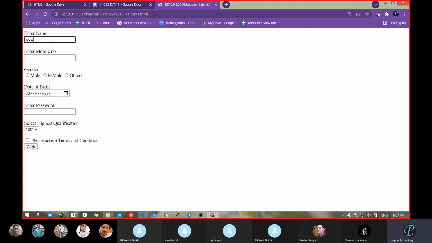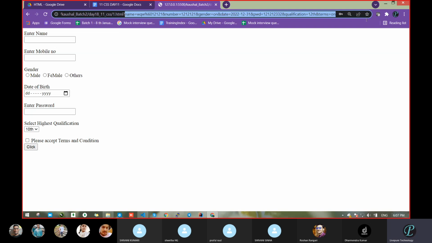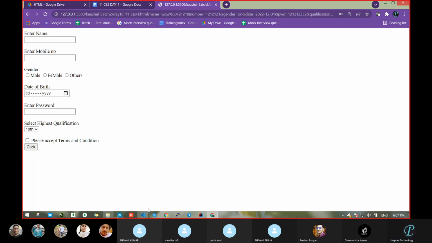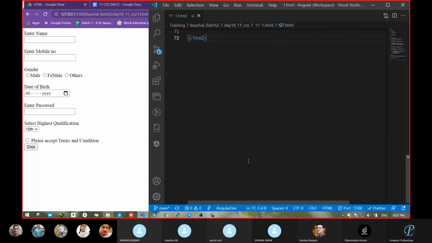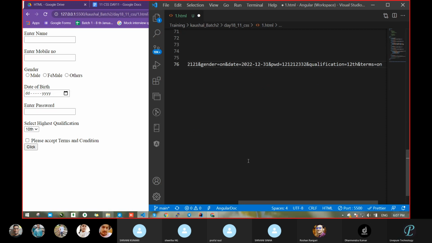Okay. So we will pass something. Then what is this? Tab button. Let's enter password, then select something, then something, click. We got this data. Got it? In the URL case, you got all the things. Now copy this complete and paste it somewhere. So see what it has given.